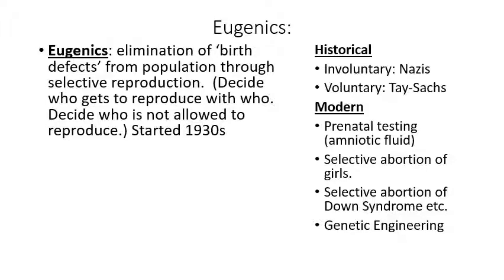Okay, so eugenics was a philosophy that espoused the elimination of birth defects from populations through selective reproduction, deciding who gets to reproduce and who doesn't get to reproduce. Started in the 1930s, right? Historically, it's had some very dramatic effects. So, for instance, in Nazi Germany,